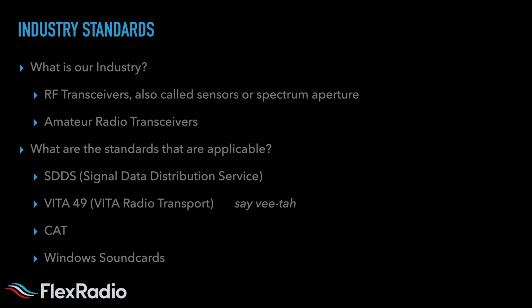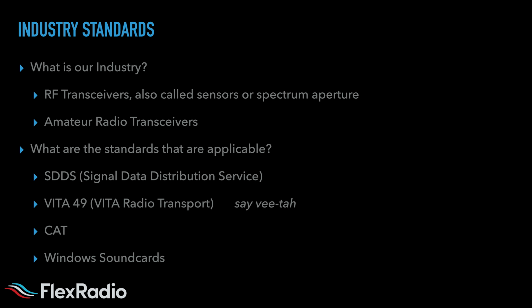So what kind of standards are available? Well, one of them is SDDS, which stands for Signal Data Distribution Service. This was widely used in the past, but it's falling more out of favor. The favorite one to use now is VITA-49, which is VITA Radio Transport,